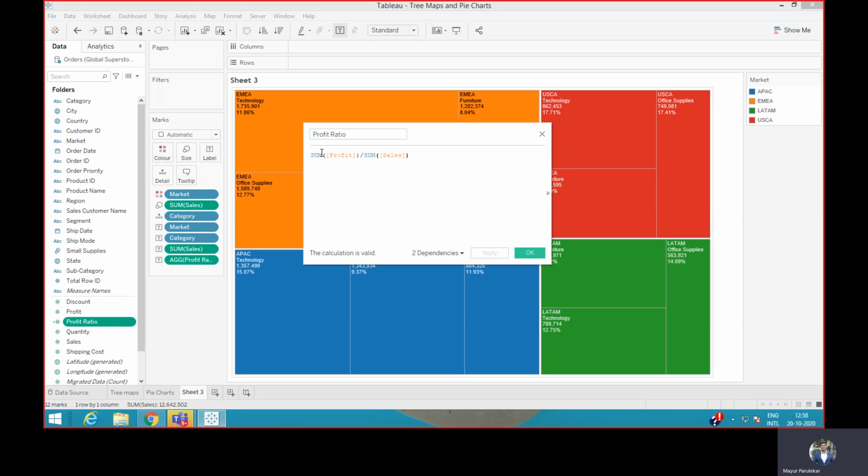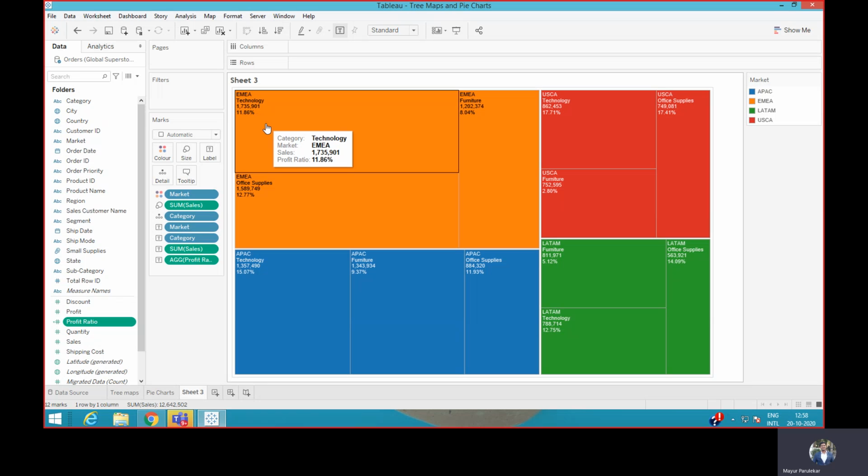So over here, that's why instead of sum of the whole parenthesis profit by sales, what have I done? I've done a sum of profit by a sum of sales. And this particular field is my profit ratio. Now remember that if you drag this profit ratio directly, what you would get was 0.1186. So what I have done is, instead of that, you can either multiply that calculation by 100,